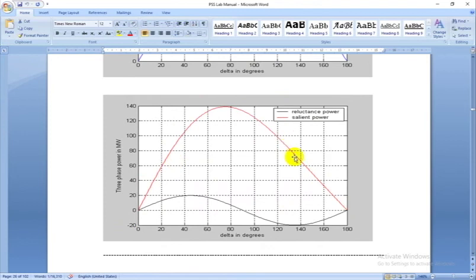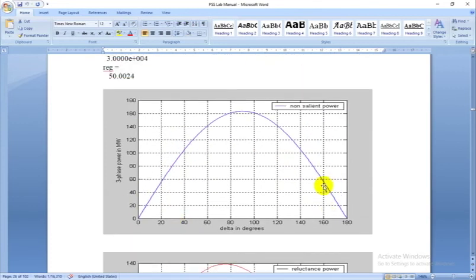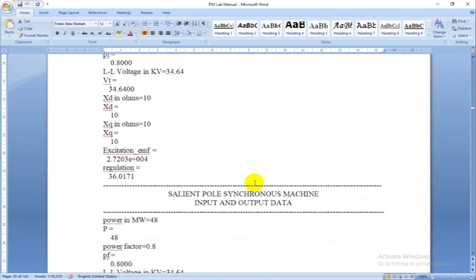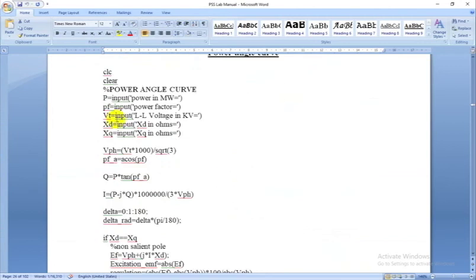The red one is the useful power, and the reluctance power, because for the direct and quadrature axis there are 2 things. For a salient pole machine, you will get this plot. It is written non-salient pole. These are the outputs we get. How do we deal with this in the MATLAB program? What is the power input for the machine?